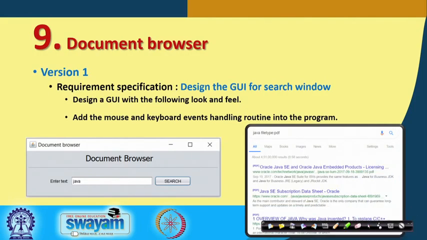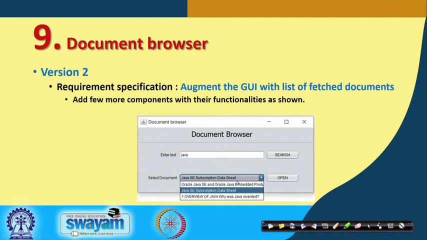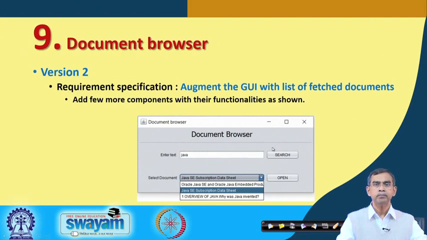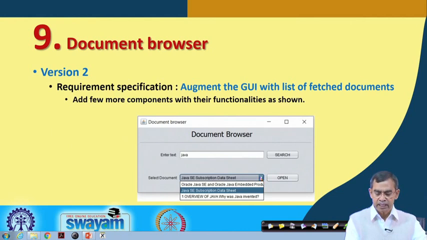Now, here is an example. Once the user clicks the search engine, it will contact the search engine, and then it returns the links. As you see, the different links contain PDF files, and all the PDF files will be fetched to the document as a next installment. Now, here you see the next version of the interface, where we have to add the fetched documents, and a list box will be there. This list box will contain all the documents that have been fetched based on this keyword in the system.